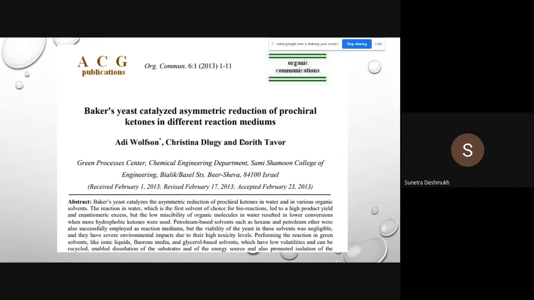We did the asymmetric reduction reaction in water medium. In this paper they have summed up all possible solvents used for this conversion. Please go through this and refer to it for your study.